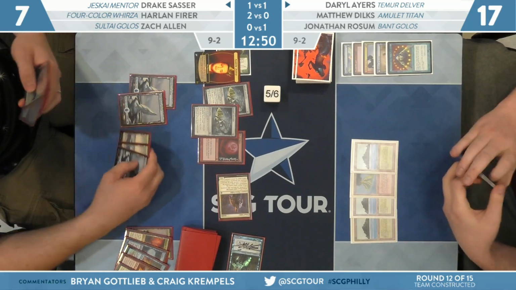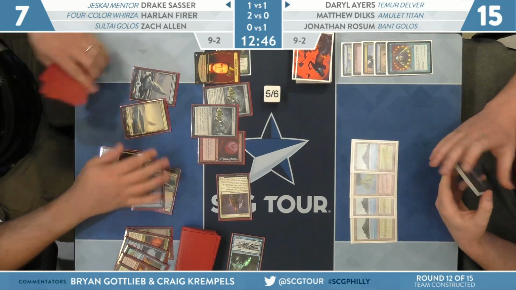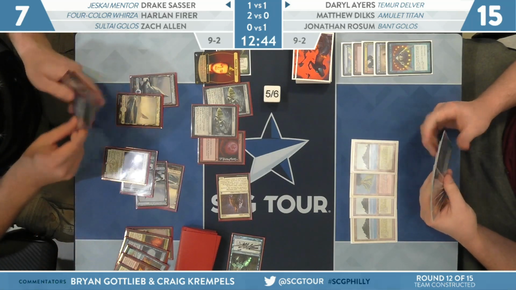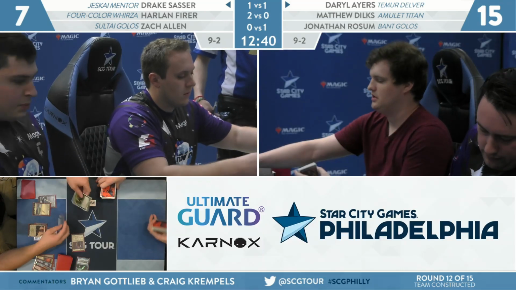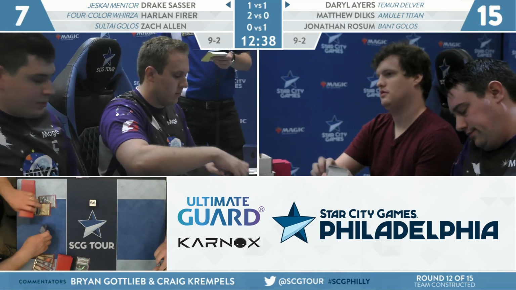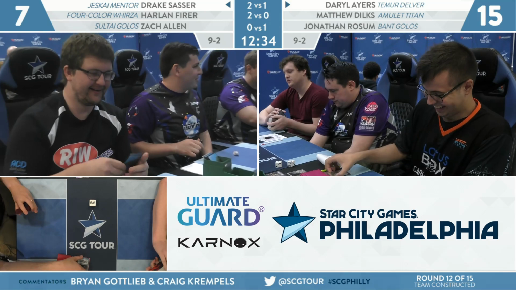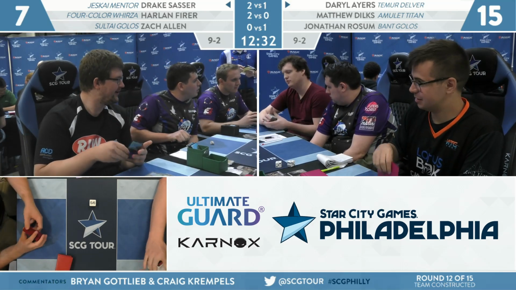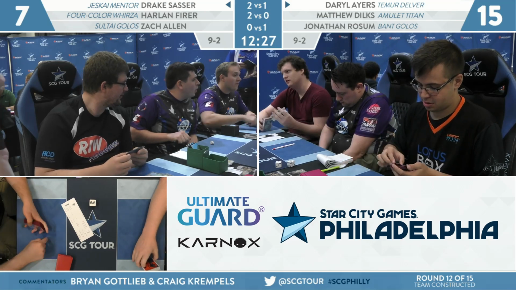yeah, Monastery Mentor coming down this turn. Exactly. He's drawn 2 cards a turn. He's got the life total. He's got some threats on the board, so it's not like it's going to take him that long. Yeah, and Ayers is just going to extend the hand, and that means the team of Sasser, Führer, and Zach Allen moves on to 10-2. This team also getting in prime position for a run at that top 8. And as we mentioned,